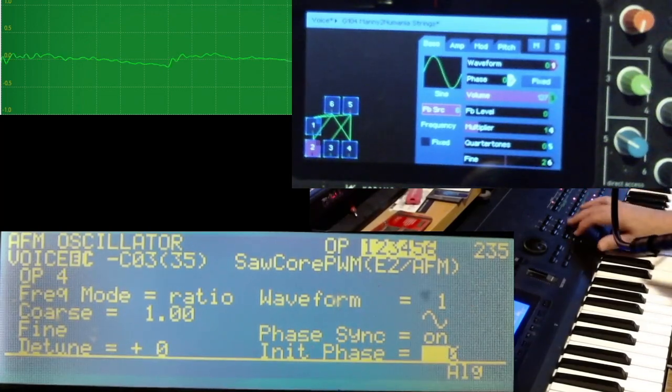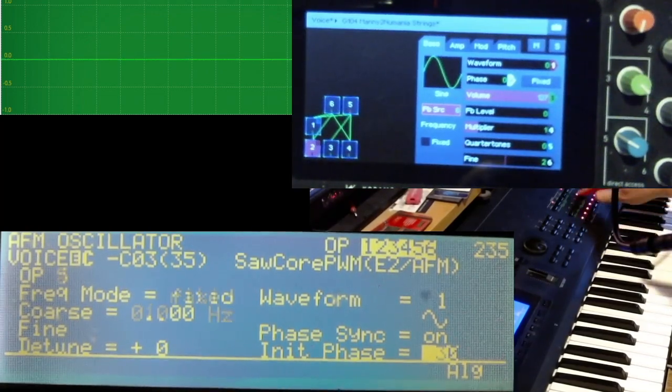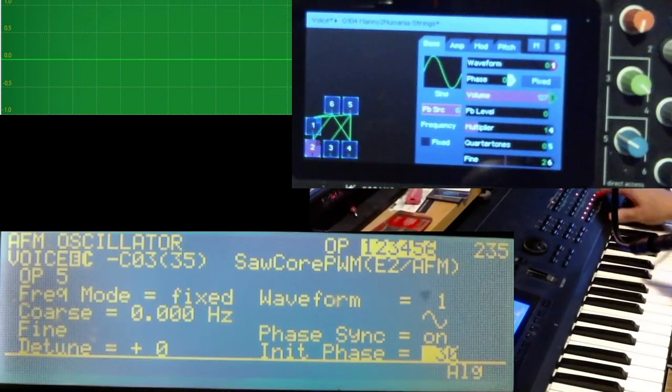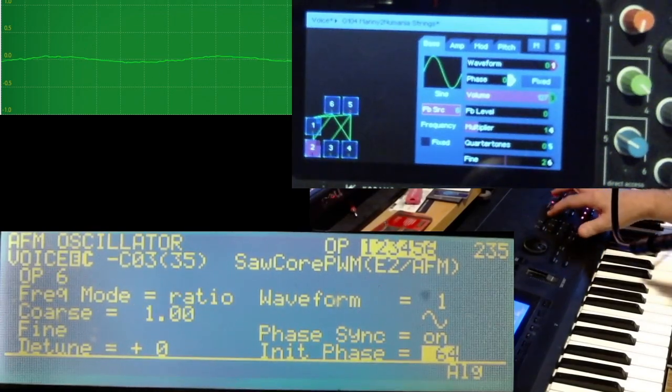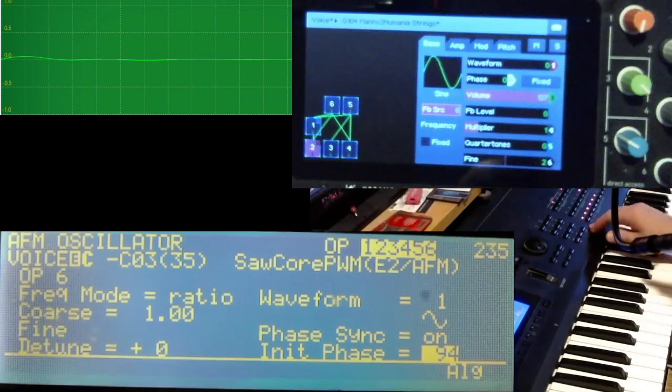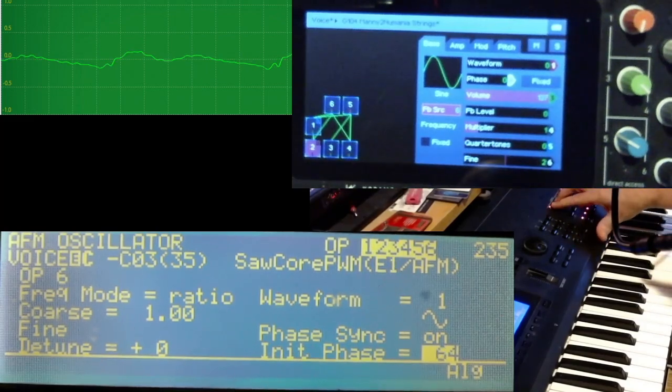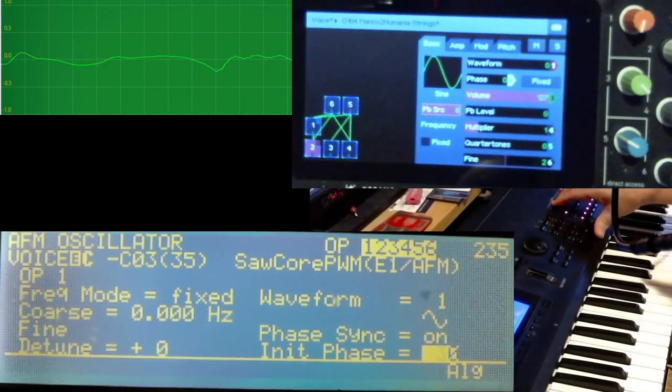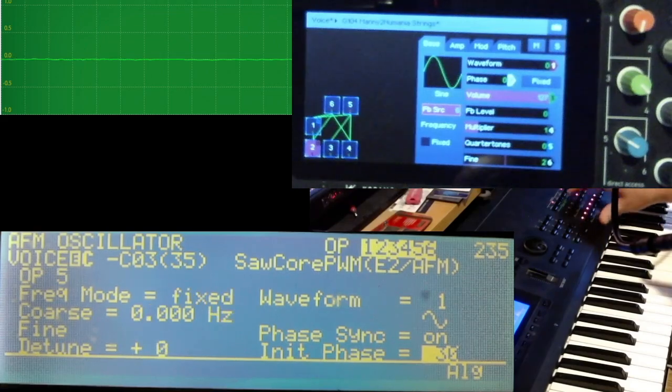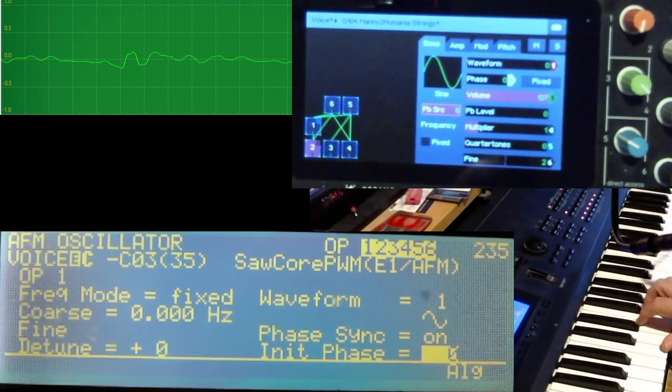Do the same thing over here. And I've got to add 30 to that, so we're going to go to 94. So now if you look at your two elements, all the operators are offset by not quite, but almost a quarter cycle. So now our stereo image